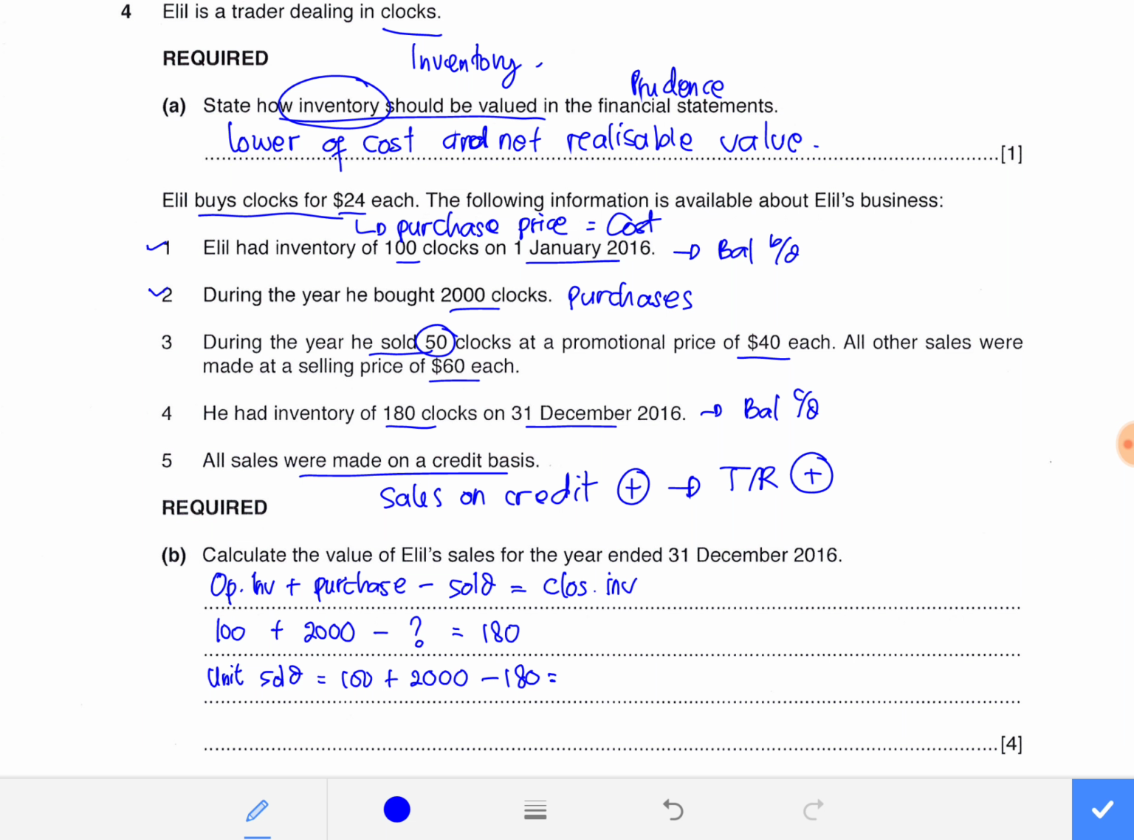Let me count it first. 2,100 minus 180 is 1,920 units. Now it said that 50 out of it is sold using the price of $40, and the remaining